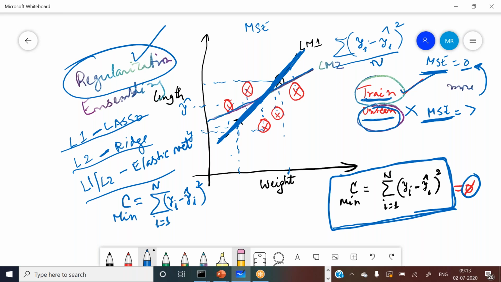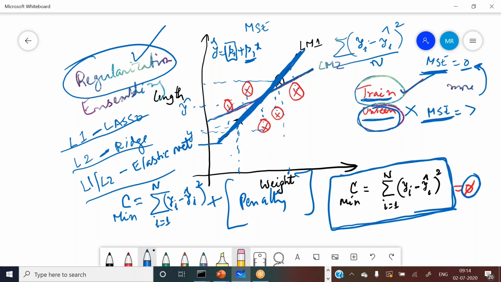So how do I achieve this mathematically? I have to add some penalty to my cost function and use that new function to minimize again. Because of this penalty, let's say it's a simple thing: y equal to beta 0 plus beta 1 x. Beta 0 is my y-intercept. I don't bother with it. What I really want to alter is my beta 1, that is the slope of this line.